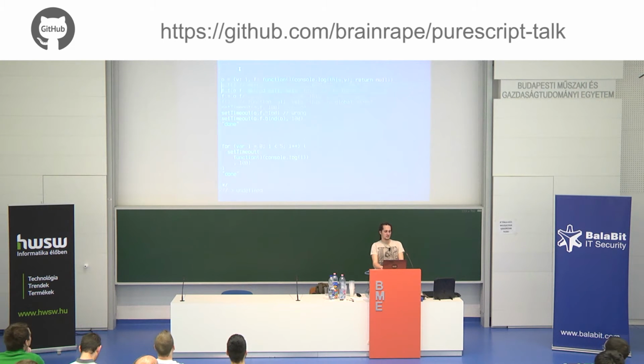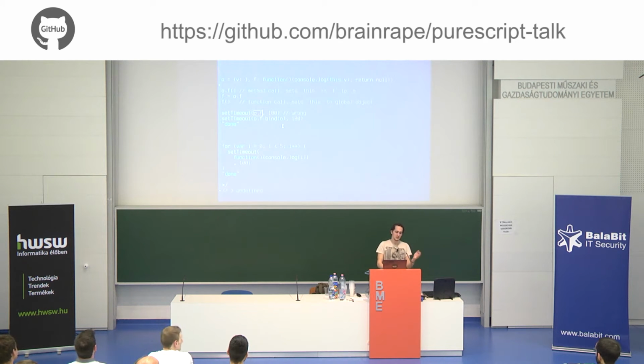Like the problem with this. This is not like in C++ or Java, somehow tied to the object you're working on. This is actually set when you call the method, and it's set by this dot. So this is a method call, and it sets this to O. And this is a function call, and sets this to window. And of course, that causes problems, like you can't really set methods as callbacks, because they're not going to have this. And there are some related problems as well.